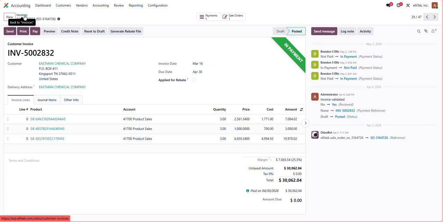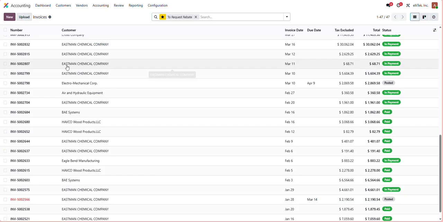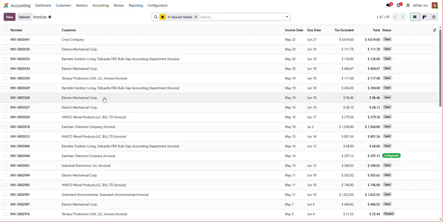Right, so today I'm going to show you how to use the rebate file generator so that you guys can automatically generate a file for your rebates and send them to your vendors. So the first thing you're going to do is come into the accounting app, go under customers,